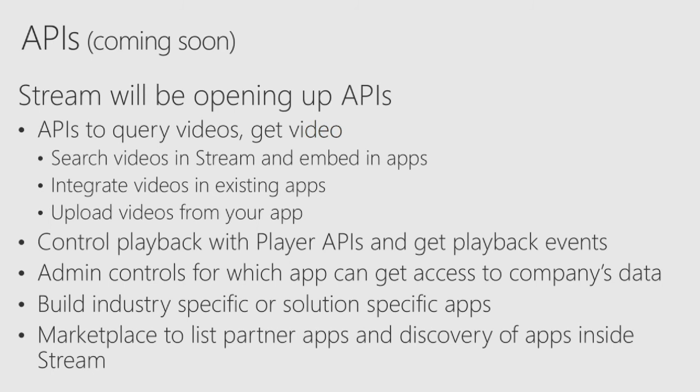And then finally, which is the most important part, we will have a marketplace inside Stream where your apps can be surfaced, and then people can buy them from there or use them if it's a free app. So it's a holistic story, it's a whole partner story, and API is just a way to say that. We are actually working on that story, and very soon we'll have details around this, and this is one of our top priorities right now.